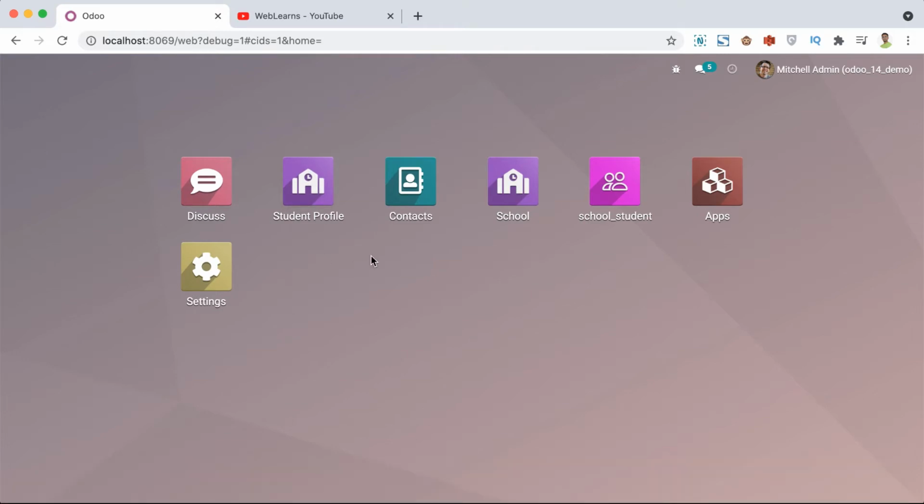So this is the first way: you can go directly to the front end side, search the menu, and under the menu you have to choose the icon only. So this is the first way.